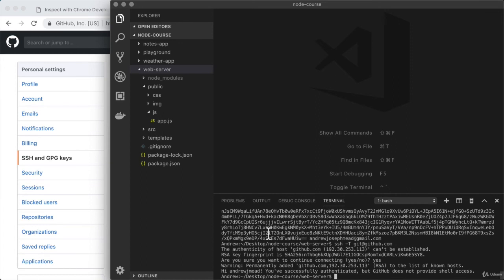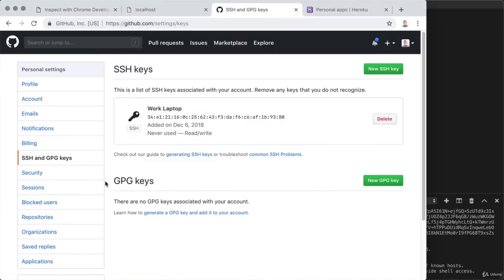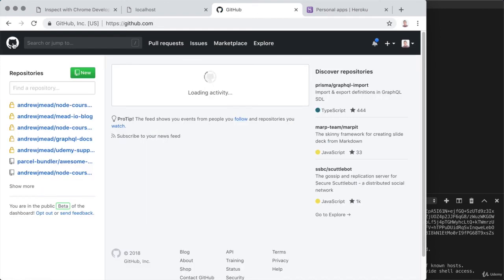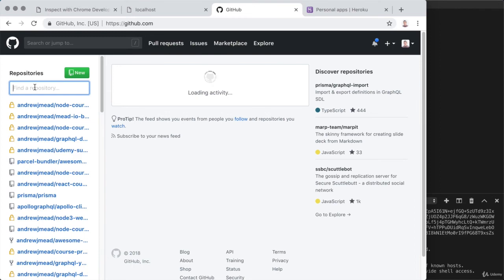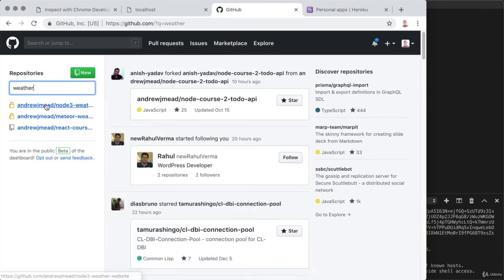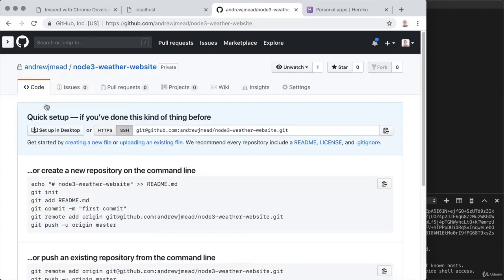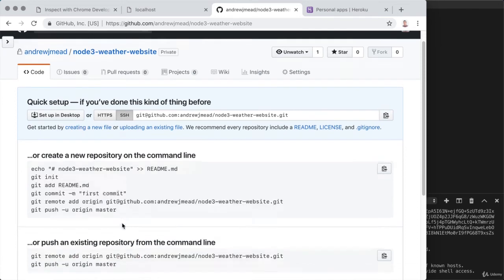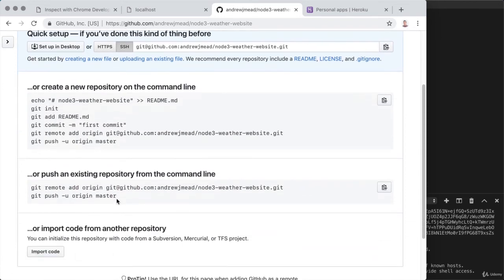Now, actually creating the SSH keys and configuring them with GitHub is something you only have to do once. It's set up and we can use it for all of our future projects. I'm going to head back over to the dashboard, the home page. Then I'm going to grab that repository I just created. I can search for it over here. Node 3 weather website. I click it, it brings me back to those instructions,